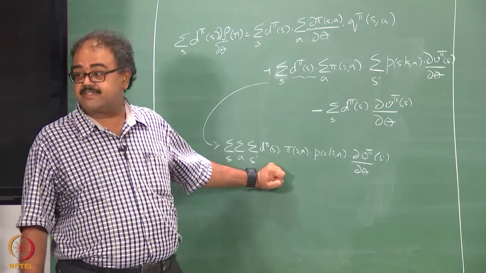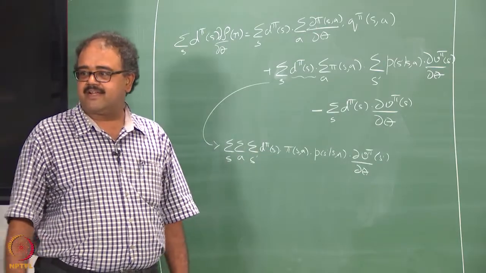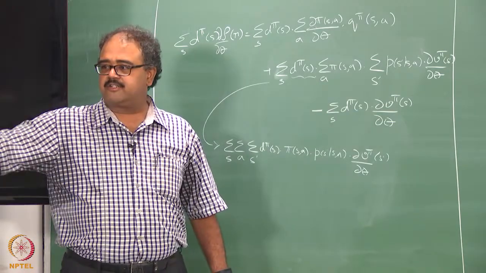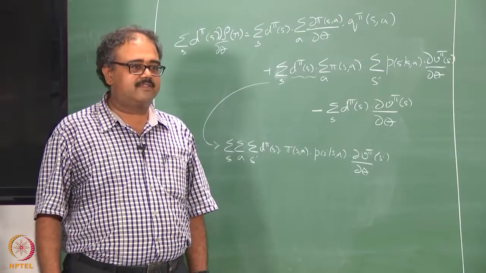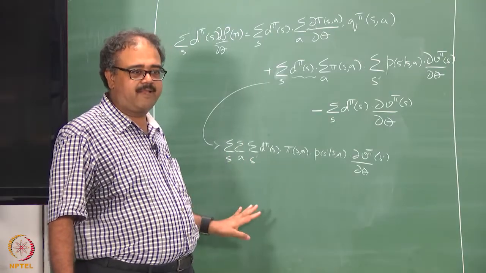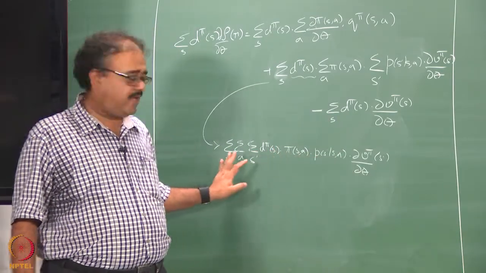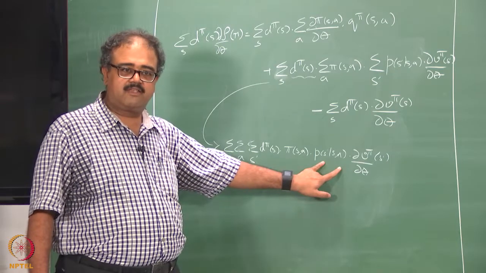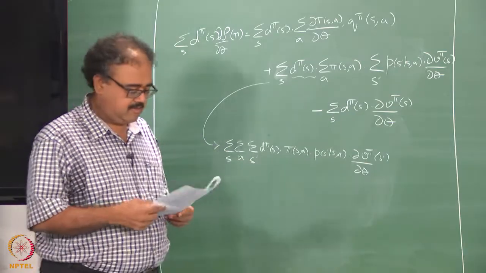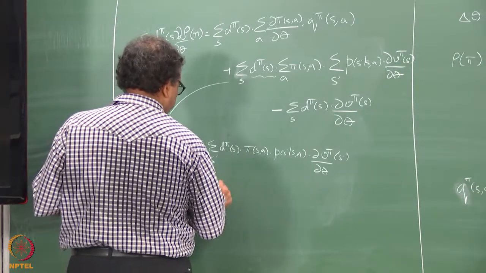Because d pi is a steady state distribution, the condition of steady state distribution is that it should be the same. When do you call d pi the steady state distribution? If I apply pi and P on it, I should get back the same distribution. Only then it is a steady state distribution. So, that is essentially what is happening here. If you think across all this summation over s prime and a, essentially I have applied pi and P on d pi. If I evaluate these two summations, I will essentially end up with d pi of s prime. So, this is essentially equal to summation over s prime